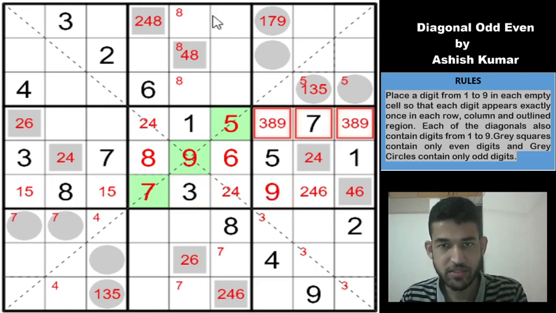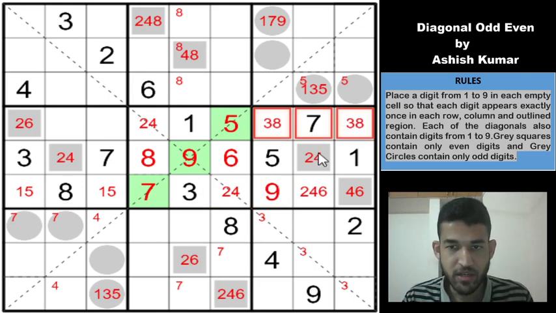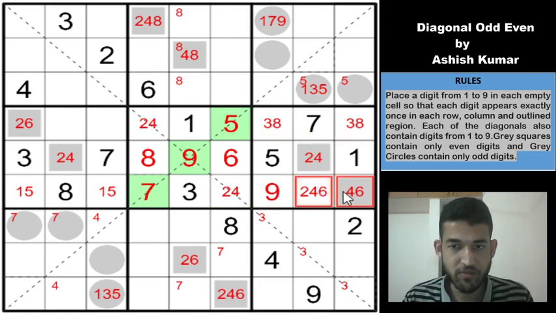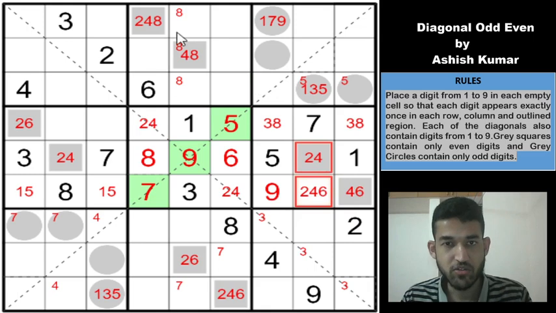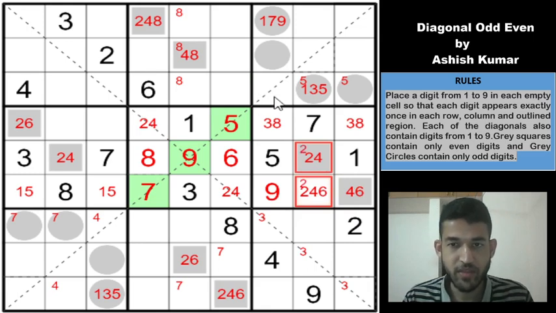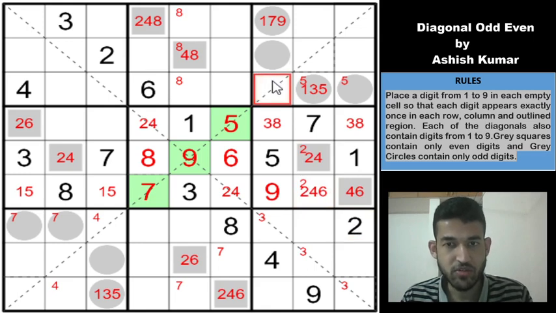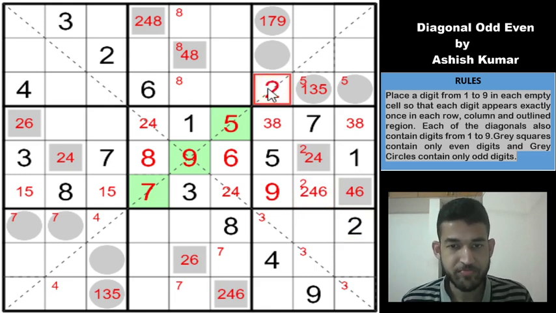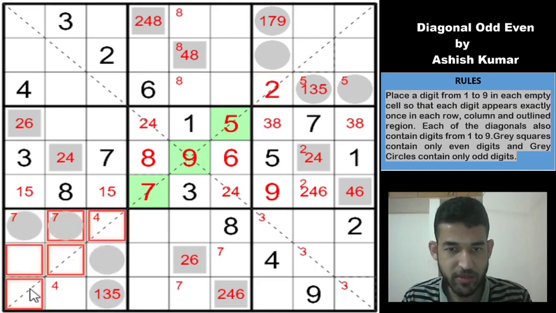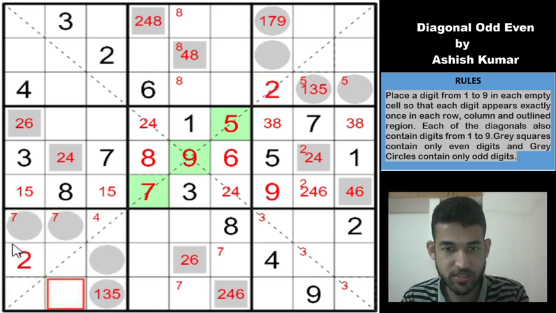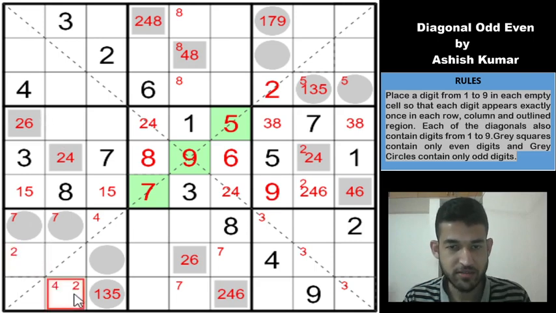Very nice. So we can remove the 9 from here, and because of the 2 here, 6 must be in one of these cells, and because of the 2 here, 2 must go into one of these cells. And there is only one cell left for the 2 now because of this 2 and this 2. So 2 would go here, and going along the diagonal, 2 cannot be in these cells, 2 cannot be in these 3 cells. So 2 has only 2 options, this cell and this cell.